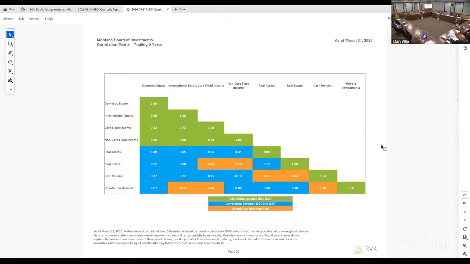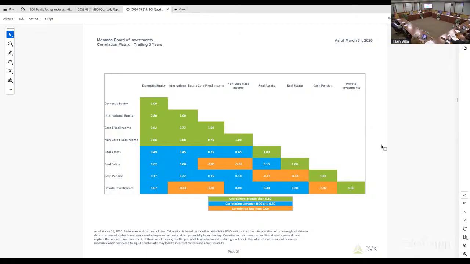If you just look at the left-hand column, domestic equity, this is the actual correlation over the last 5 years, with your most volatile asset and largest single allocation. When you look down that column, of course, domestic equity has a correlation to itself of 1. It's perfect. It's the same asset class. It has a correlation to international equity that's high as well. That's why we say it is nice to have exposure to stock markets outside of the United States, but they do have a similar movement over time, although it's not perfect, so it helps a bit.